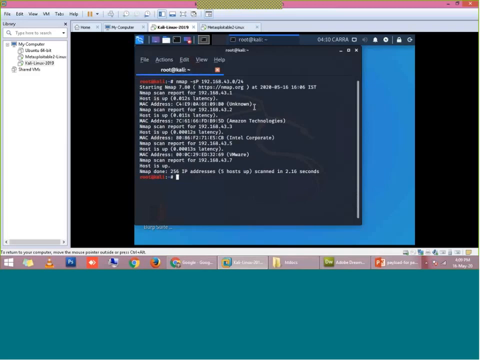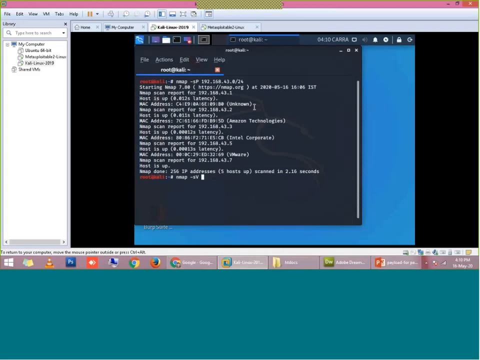So next command I'd like to show you is nmap -sV. It is meant for listing down all the services, the operating system details, the services which are running on a particular machine, the host name.